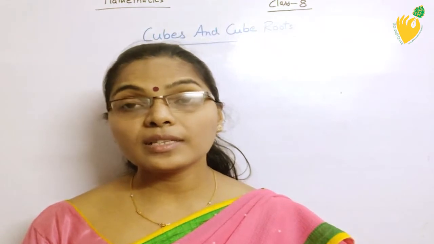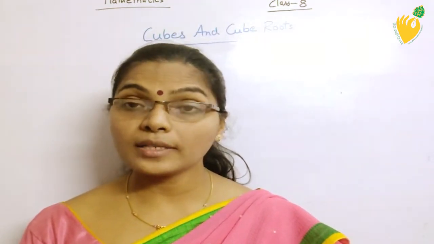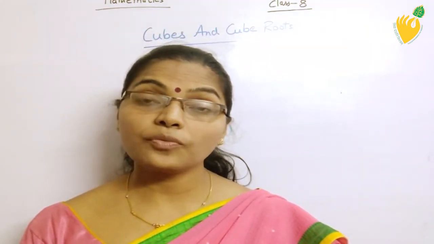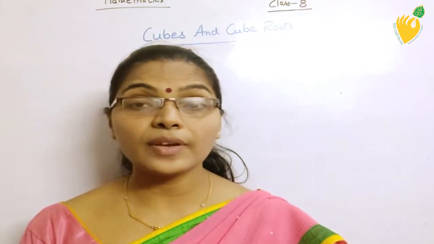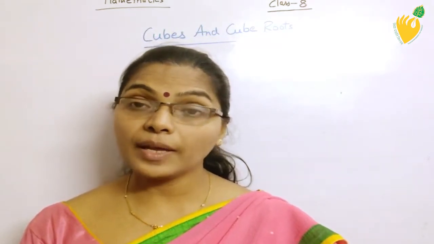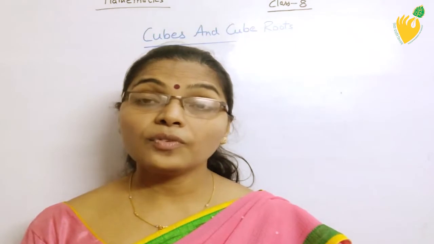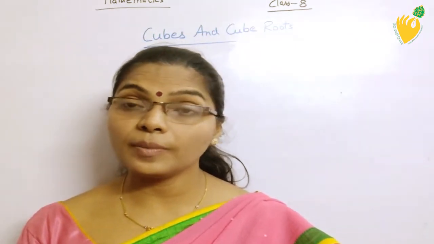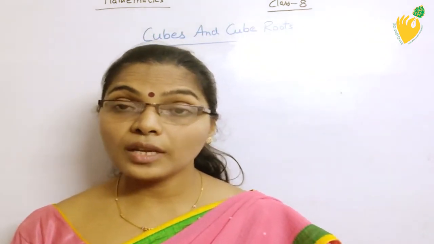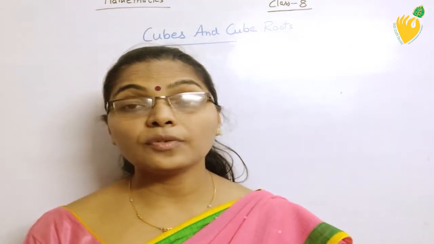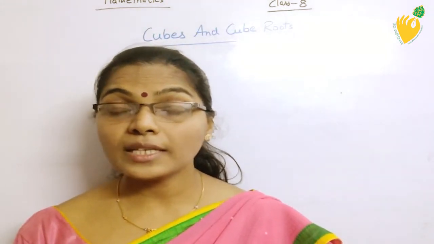In the previous 3 classes we learned the squares. We also learned the methods to find square roots by prime factorization method and by division method. We also learned about the Pythagorean triplet. Now students, today I am going to make you learn the 4th chapter from the book, that is cubes and